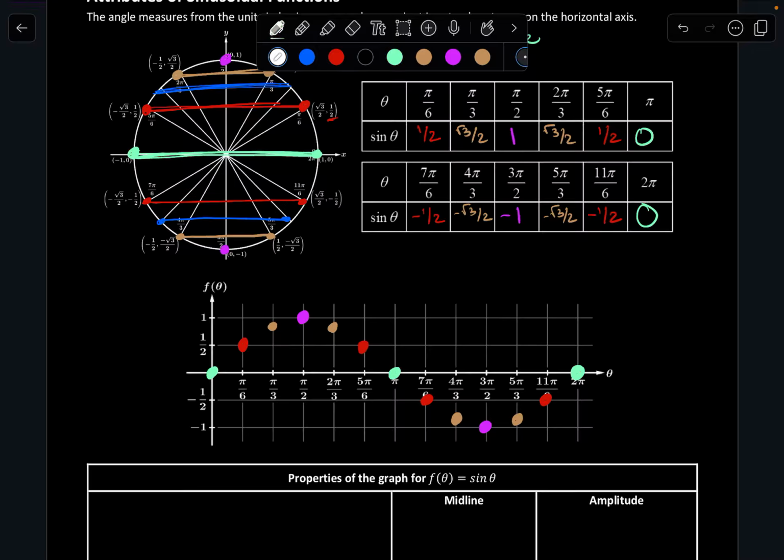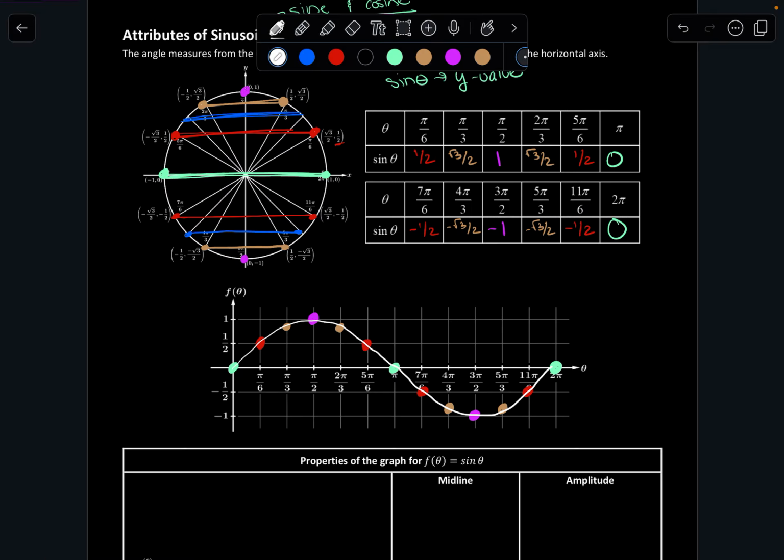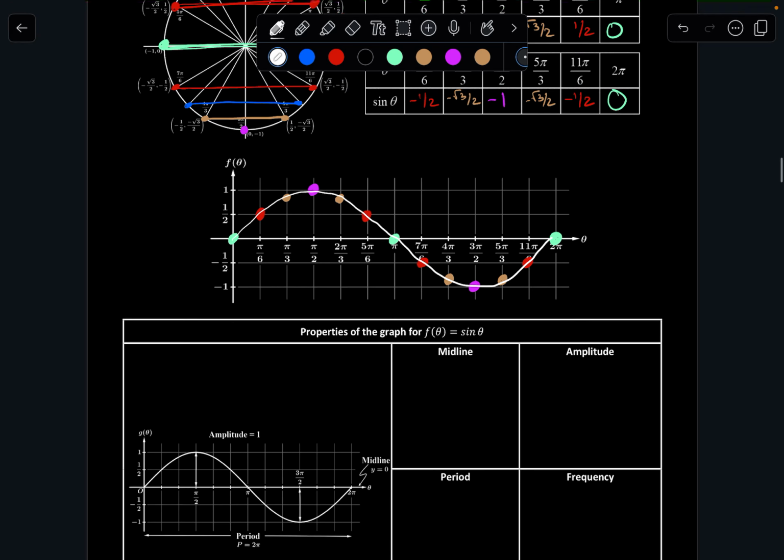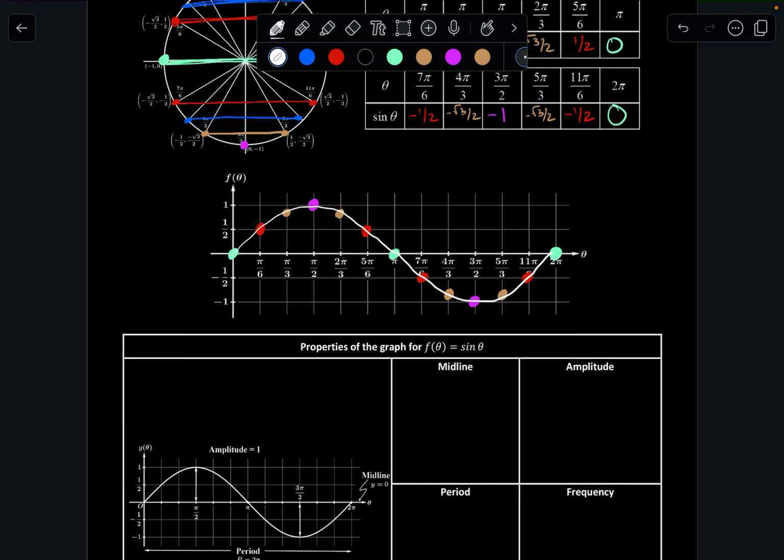Okay? And as we go through the points, we end up with our sinusoidal curve, which we talked about in the last unit for trig functions. So if you look at the unit circle compared to our sinusoidal curve on the graph, you can still see that relationship to the x-axis, but now we're traveling to the right instead of just going around the unit circle infinitely, okay? So these next few attributes are going to be important for trig transformations, which we will talk about